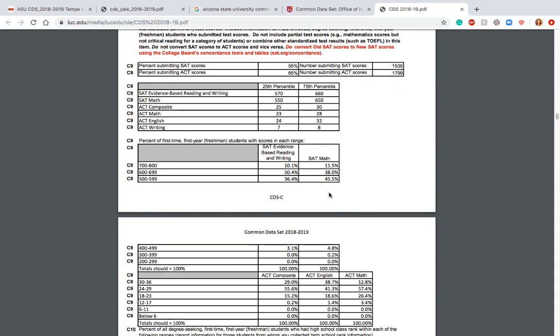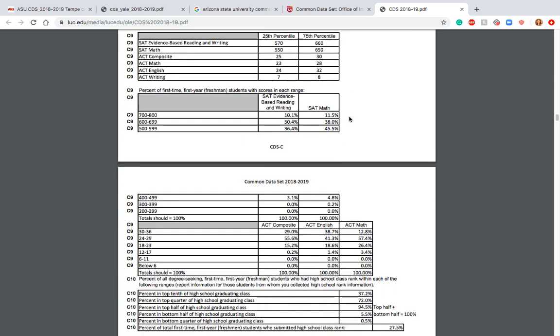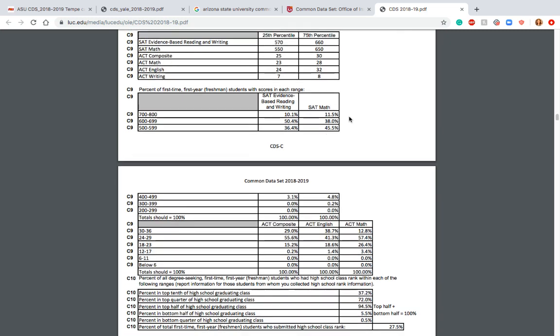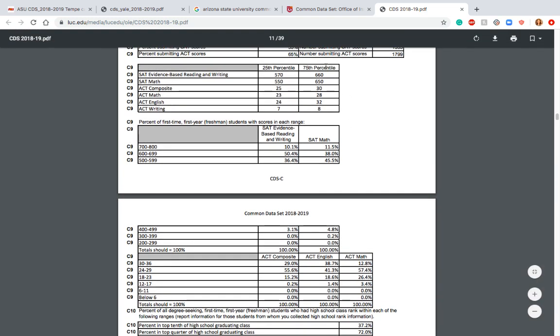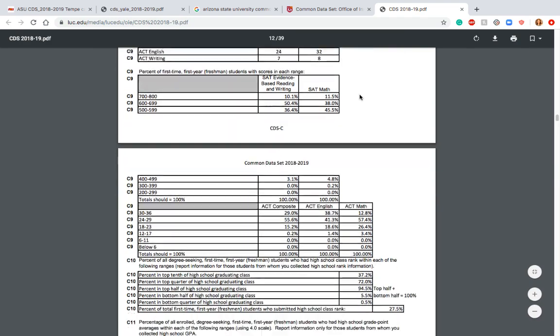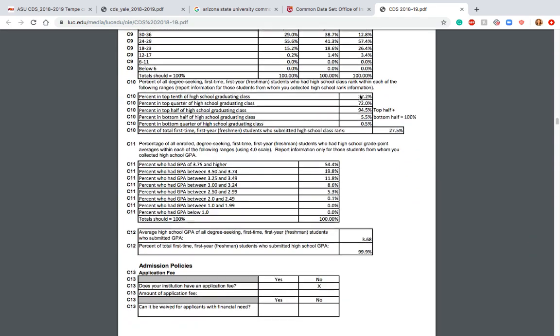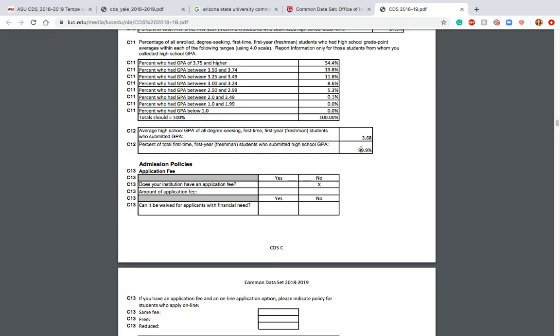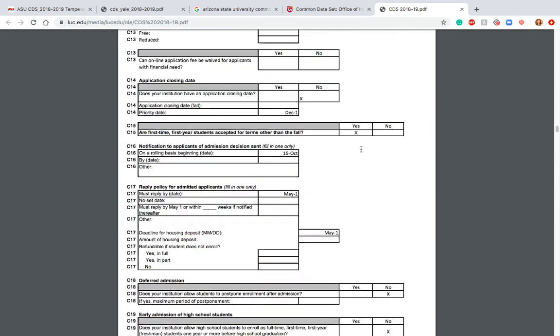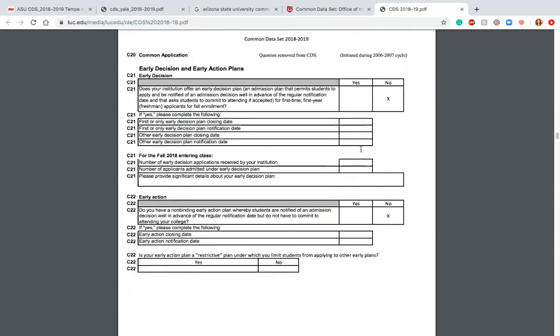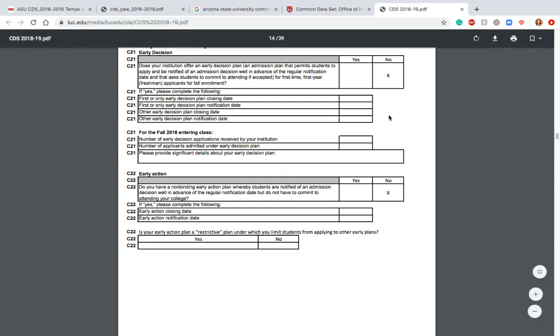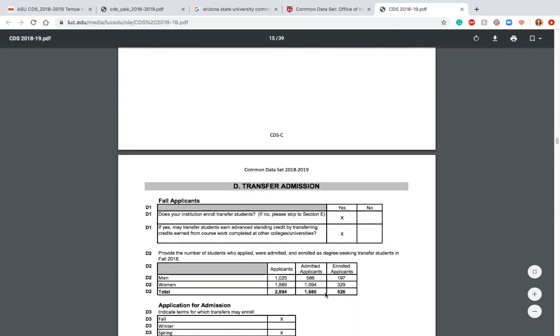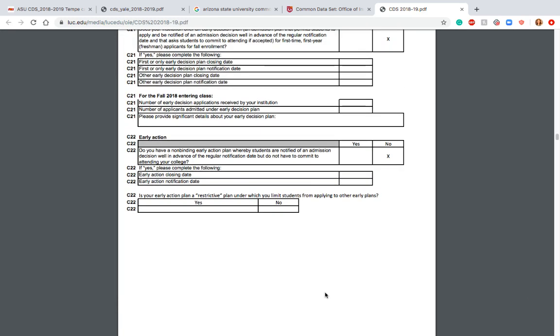So why does all this matter? If you are trying to get merit money, and again, we talk about that in the money video, if you want merit money, you want to be ahead of the school. You want to be in like the top 25th percentile. That really does help. When they look at you, they see how great you are. So hopefully this is helpful, and you can see that they do not offer early decision or early action. And this information, if you go through and you do it for each school that you're interested in,